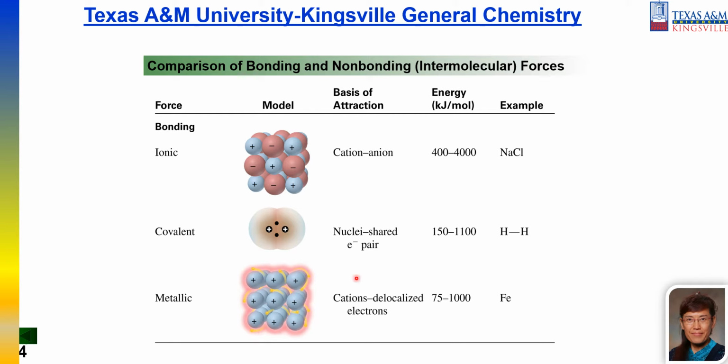The basis of the attraction is between the cations and the delocalized electrons, which form the electron sea and glue the metals together. This energy is 75 to 1,000 kilojoules per mole, for commonly used metals such as iron, steel, copper,